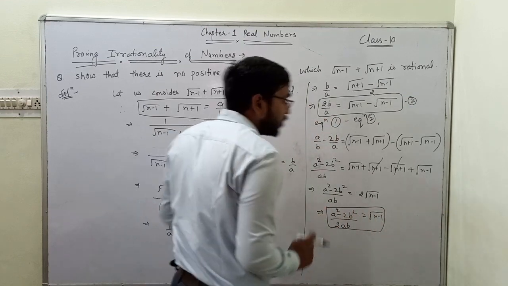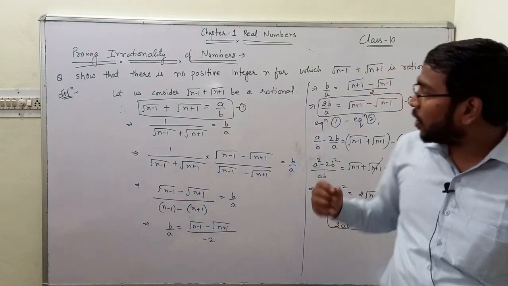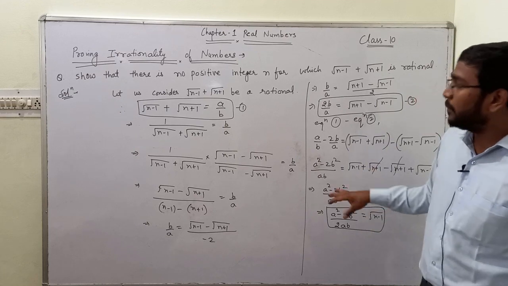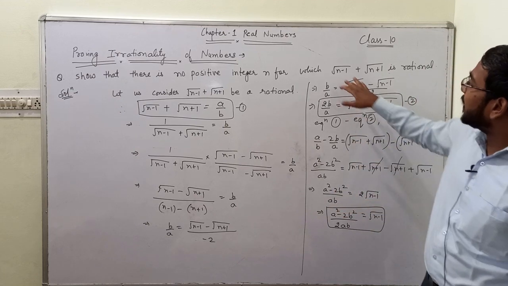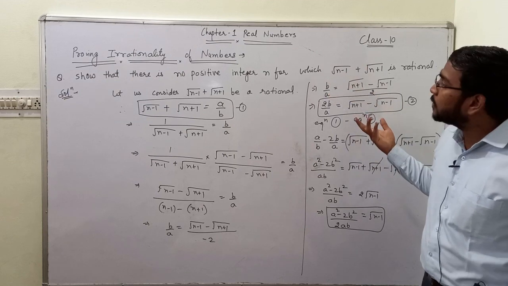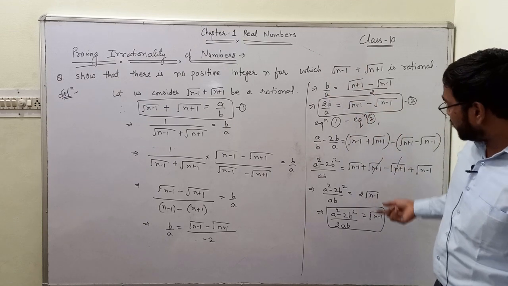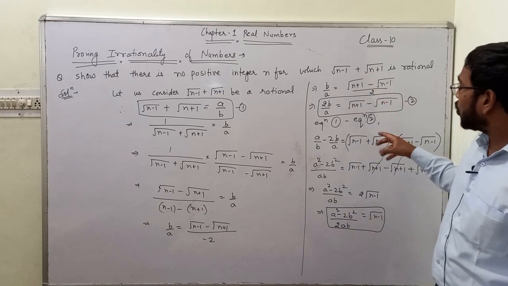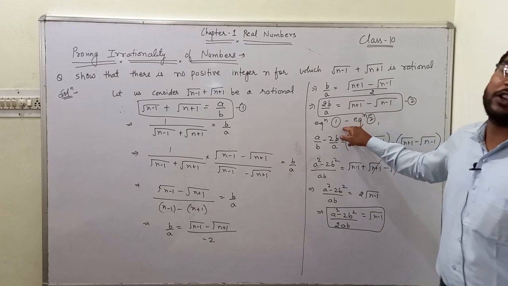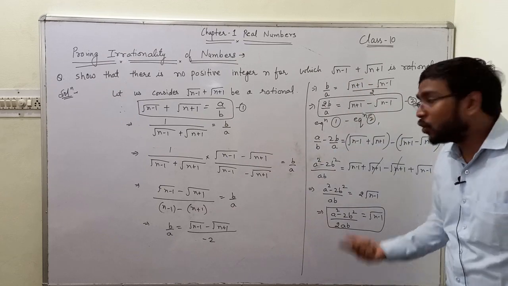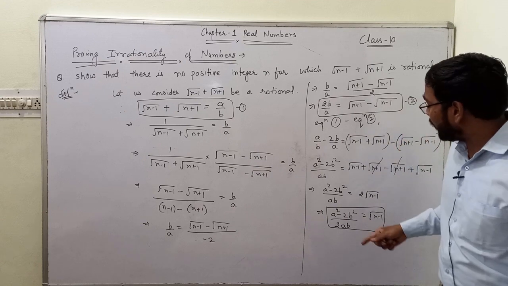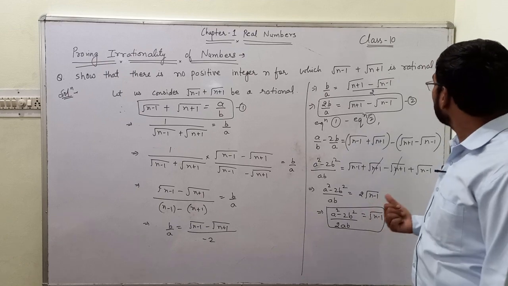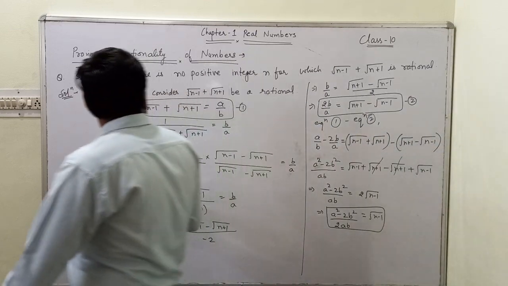Okay, so according to our assumption, root over n minus 1 is a rational number. Okay, so it can individually be a rational number, that is true, it can. Okay, now we will do the same thing to find out root over n plus 1. Instead of subtracting this expression, we should have added both this equation number 1 and 2. We would have got a similar expression for root over n plus 1. Okay, so I will rub this side.